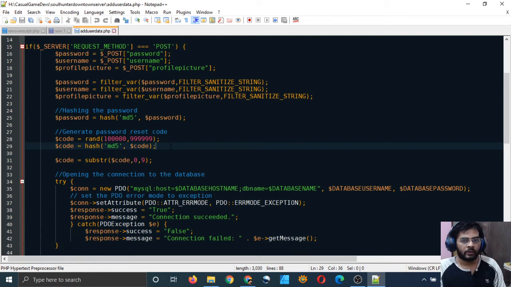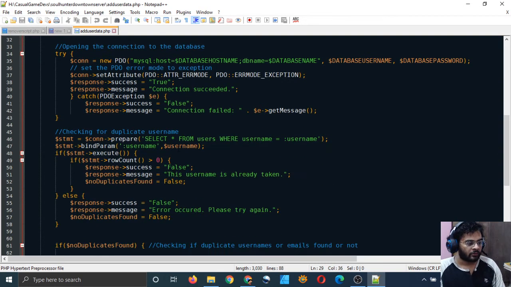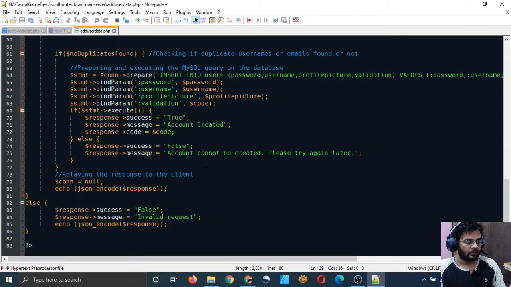I think we should also give them their username. I mean, they entered their username, but maybe they will forget it. So we will give them that username in a nice frame which they can screenshot and keep in their phones or computers, and later they can enter that information to retrieve and change their password. So wherever we are creating the response when there is success, this is where we are creating that response.